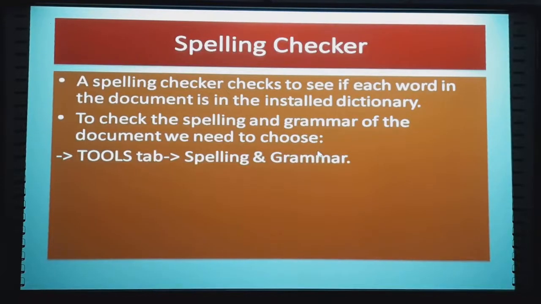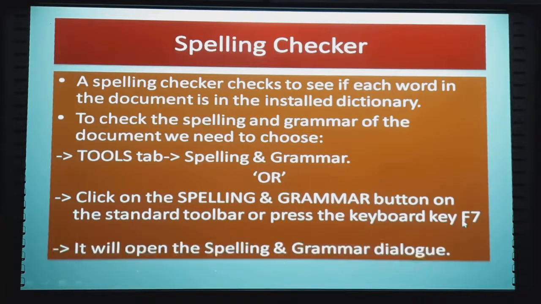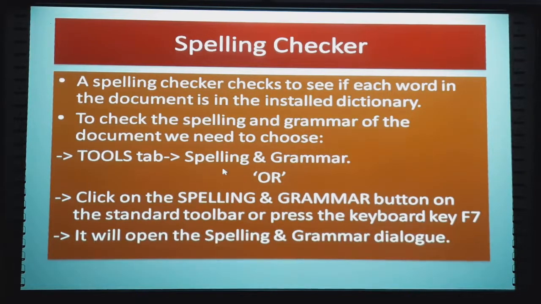Now there is an option, Tools, Spelling and Grammar. There is a shortcut: by directly right clicking on that particular word also we can bring the context menu, but from Tools also we can bring this option of spelling and grammar check. Okay, or apart from this, one more method is there, that is click on spelling and grammar button on the standard toolbar or press the keyboard key F7. So three ways are there: Tools, Spelling and Grammar, or